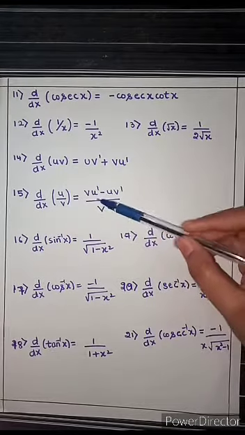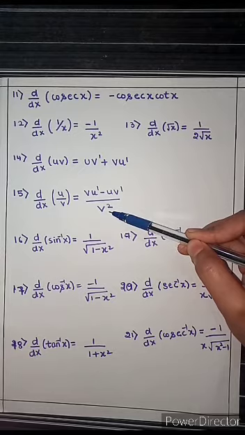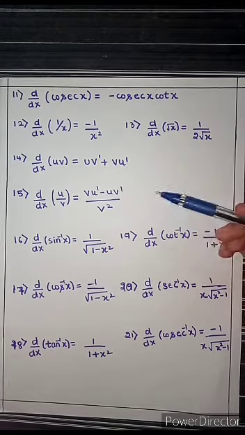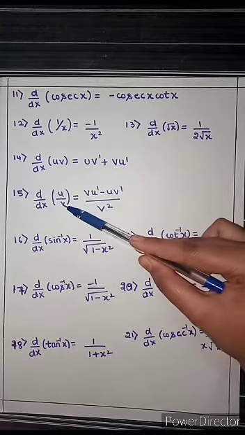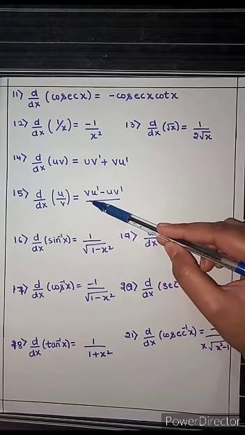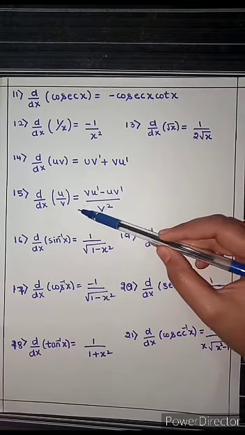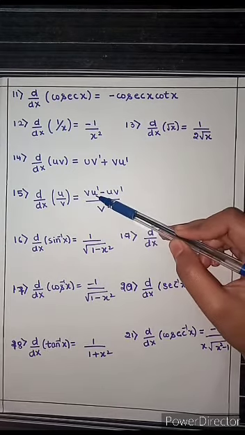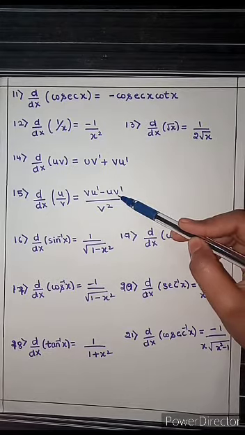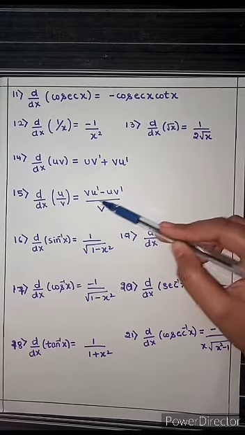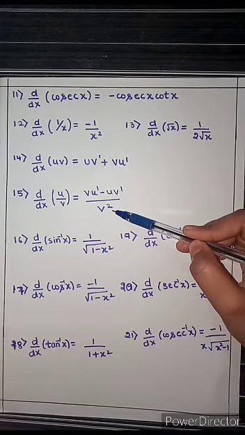Derivative of u by v is v u dash minus u v dash over v square. You don't have any trick, you just need to understand and memorize. Okay, first take the denominator v, then differentiate u dash, then put minus, then here you already differentiated u dash, right? So now differentiate v dash, v and put u as it is, and over this just square the denominator. Okay,